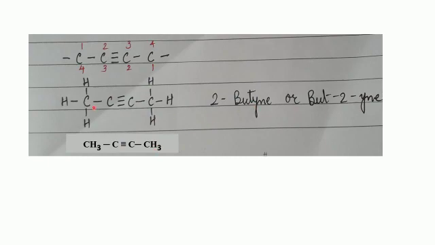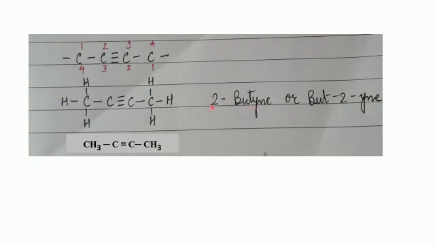While naming the compound, we will first count the number of carbon atoms, that is 4. So it is considered to be a derivative of butane. The corresponding alkane will be butane. We will use the root word but and we will change the suffix from ane to yne because there is a triple bond. So the name that we get is butyne. But the carbon atoms between which the triple bond is present are 2 and 3, and out of that the smaller number is 2, and hence the name of the compound will be 2-butyne.